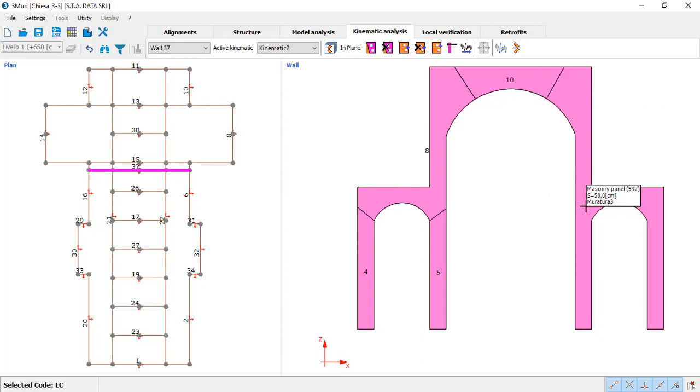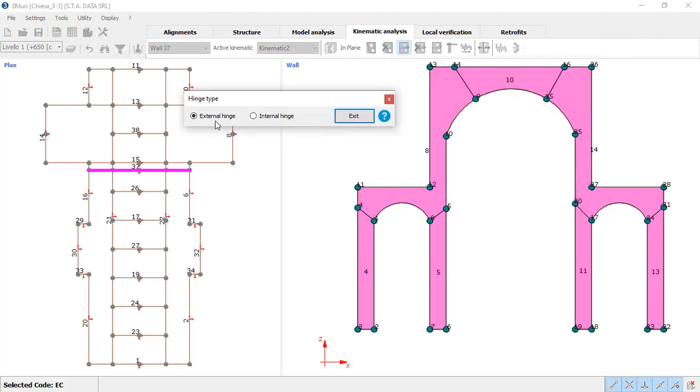So what I'm doing here is dividing the whole kinematic block into smaller segments that then we're going to put together with hinges. Once we're finished, we just have to go ahead and insert the hinges. Given the fact that this is an in-plane kinematic, we have two types of hinges, internal and external. So I just go ahead and create first the internal and then the external hinges that are going to define the way that this kinematism moves and